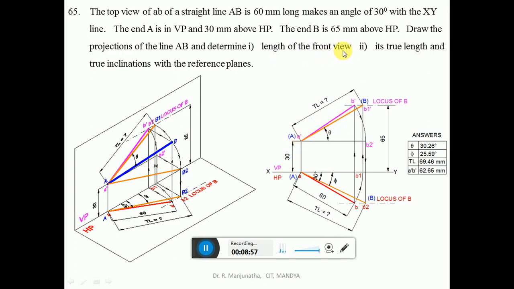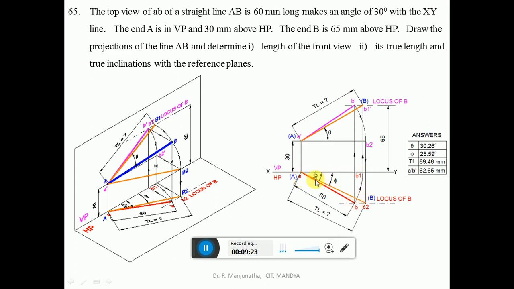Next, we need to find the true length and its inclination with reference to the HP and VP. Since we have the locus of B in the front view, and now we have the top view, you make the top view line parallel. Once you make the top view line parallel, with a as center, take the radius of ab and draw an arc such that